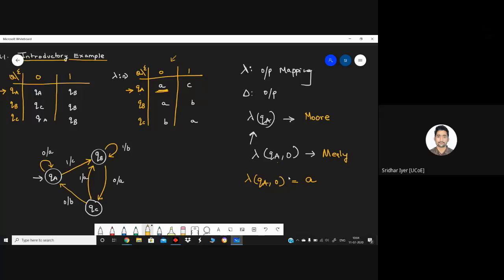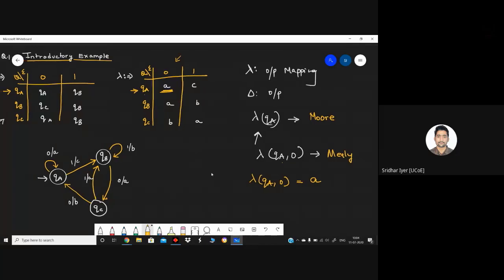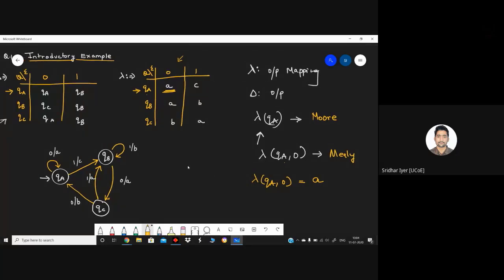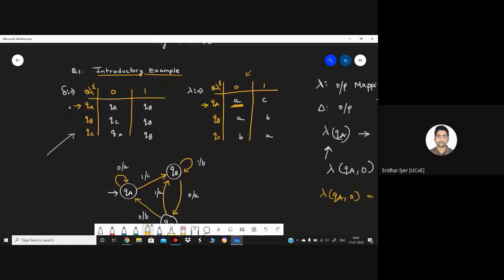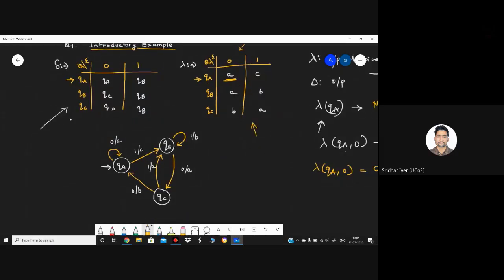In the next lectures, I will show you special problems where we would be converting between Mealy machine and Moore machines. Those questions come for 10 marks. The interconversions, Mealy to Moore and Moore to Mealy, we will discuss whenever we start those problems. So now this is how the Mealy machine table is constructed. There are two tables. One is called the transition table and the other is called the output mapping table.